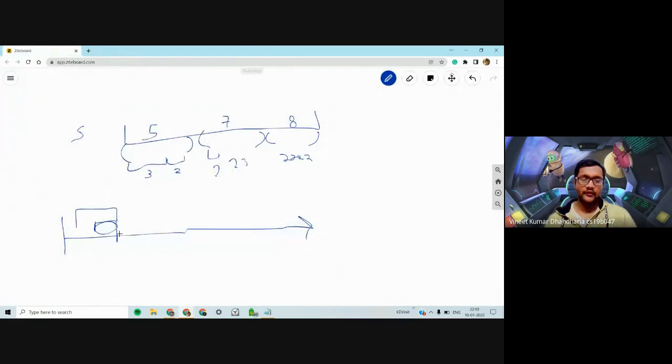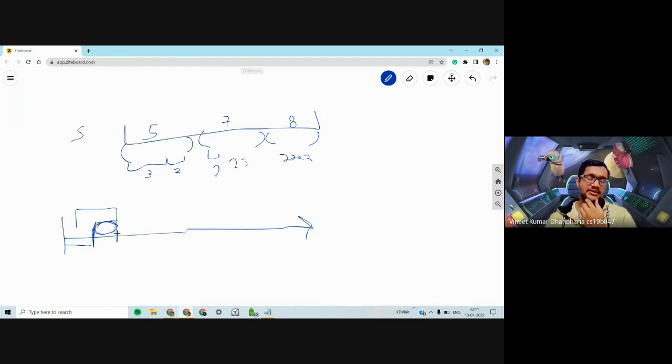Additionally, the position before it should be 1, so we should also be able to make that prefix from the previous numbers. So this should be true and this should be possible in the previous numbers.